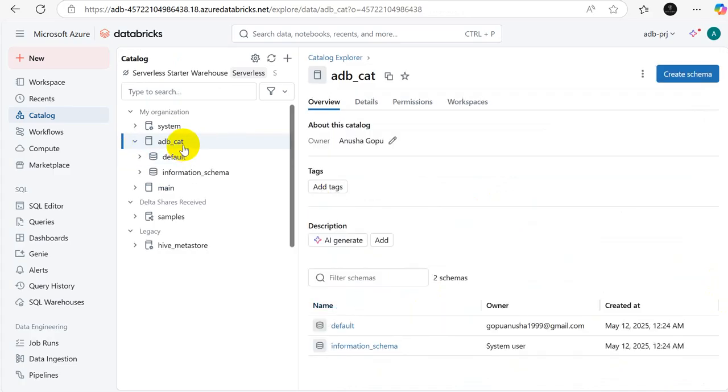So the catalog is created, not schema. Within this catalog, you can see you have some schemas. The default schema is there, given by the system, and the information schema is there. So what do you mean by default? If you upload any data, it will by default come in this section. Information schema is just to give you information about your catalog. So within this catalog, if you have any stored procedure or function written, that will come under information_schema. Okay,